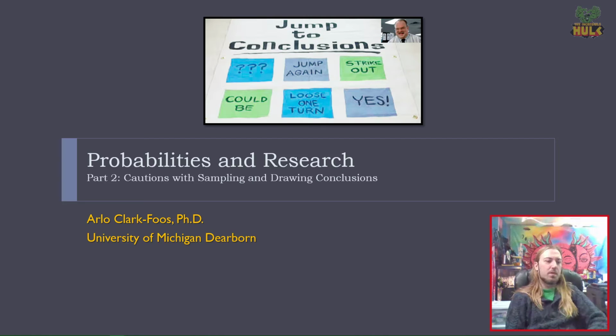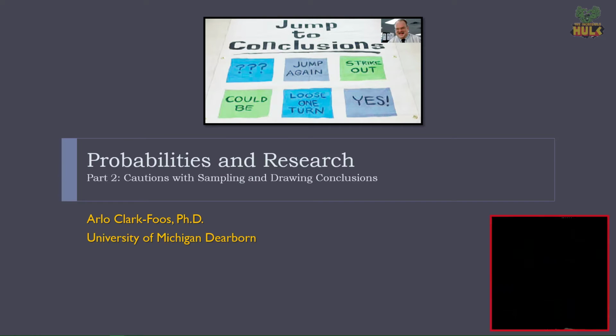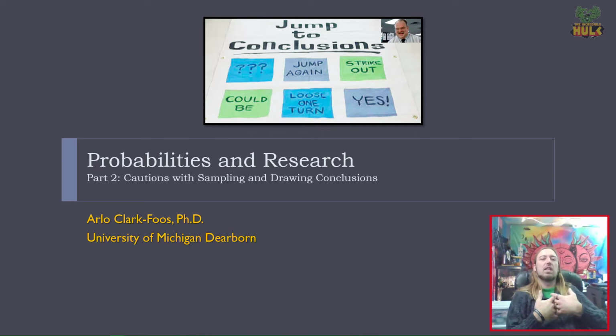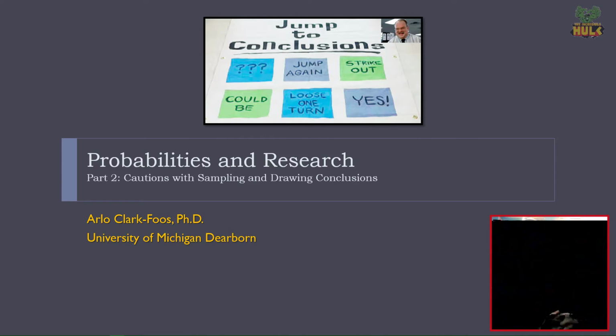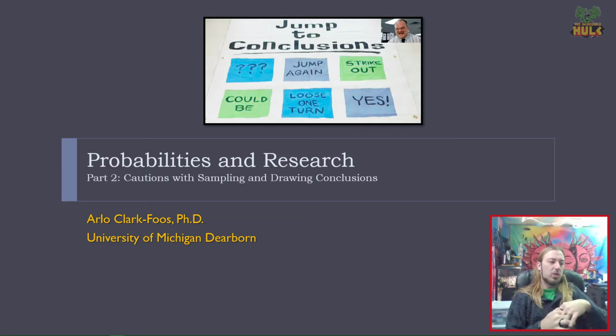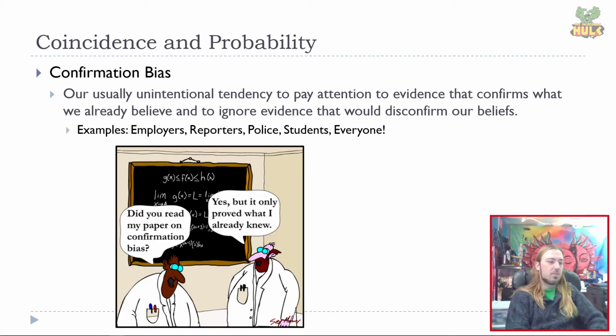But now I want to talk about some particular biases that can arise, sometimes even within ourselves, that can lead to an issue with the way we look at our own data. And so we need to be careful which conclusions we jump to, right? So the first one I want to discuss is something called the confirmation bias.